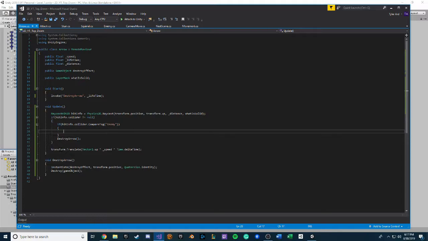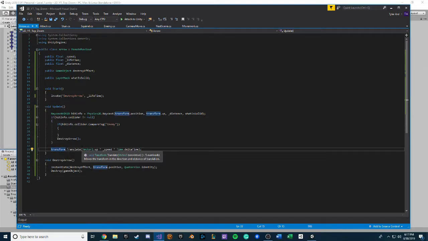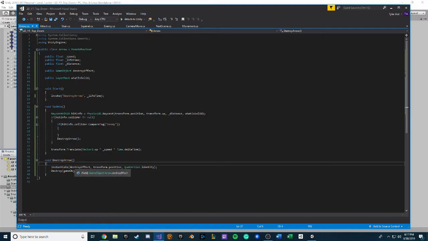Right here it's controlling the travel of the arrow, so it's got transform.translate, it's moving it, it's going on the vector 2.up axis, so y and x, and then we are multiplying by the speed and time.delta time. And in here we got destroy arrows, which is basically destroying the instantiated arrows. And yeah, did I explain it poorly? Probably not the best. That's my bad. I'm still learning,